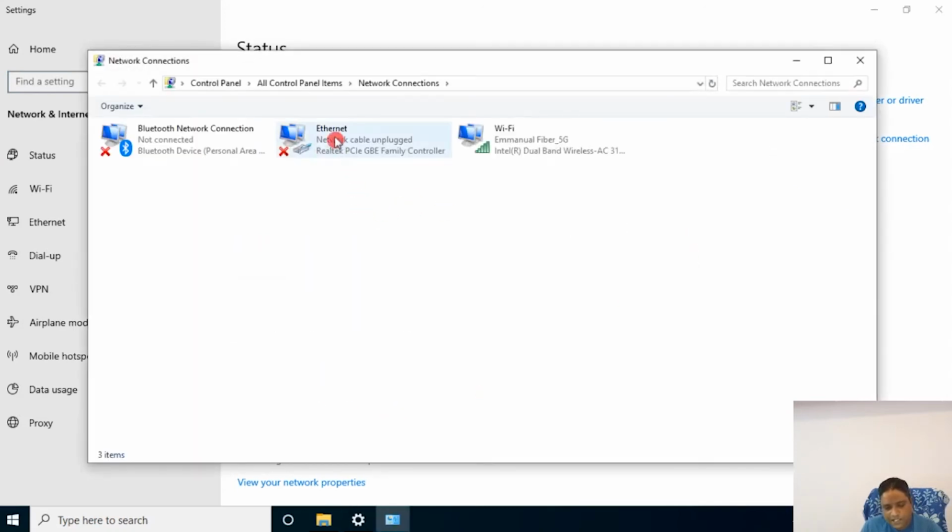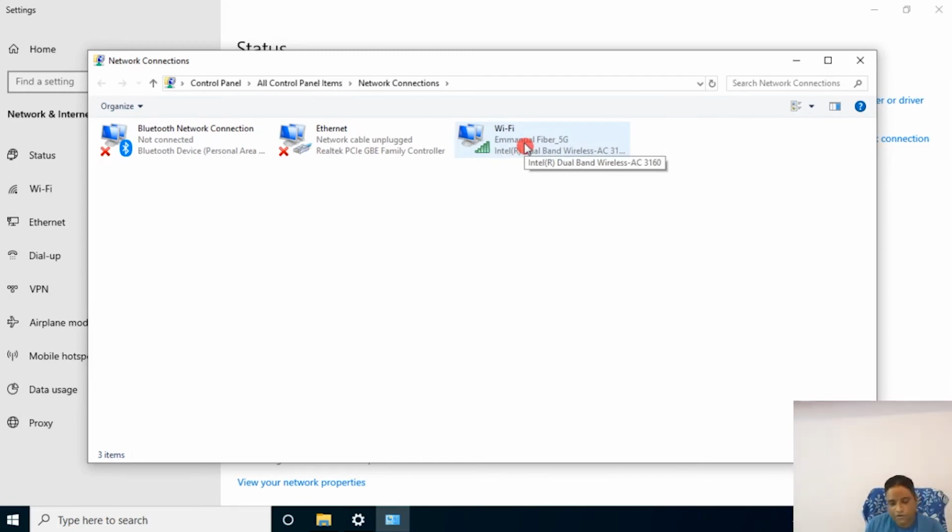Then here we can see your LAN, the Ethernet connectivity, and I have a Wi-Fi which is connected. This is also a network connectivity. I have connected to the internet with the help of Wi-Fi, and this is LAN, local area network, meaning it is connected with the help of a wire and not wireless. Wi-Fi is basically how you can connect your laptop to your home network, that is home Wi-Fi.